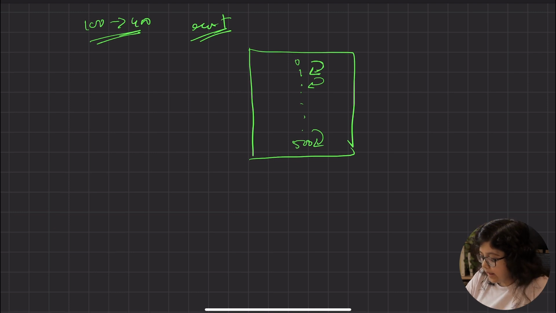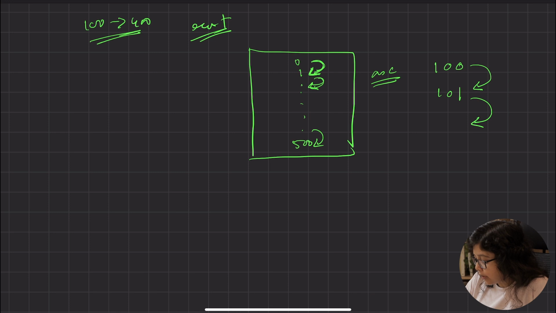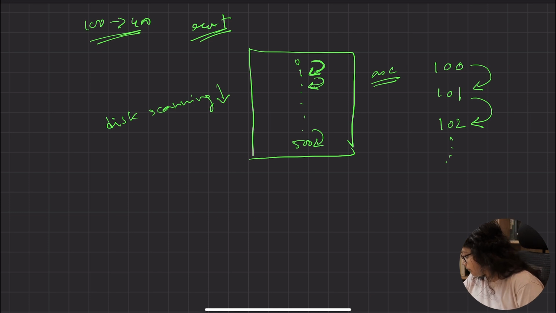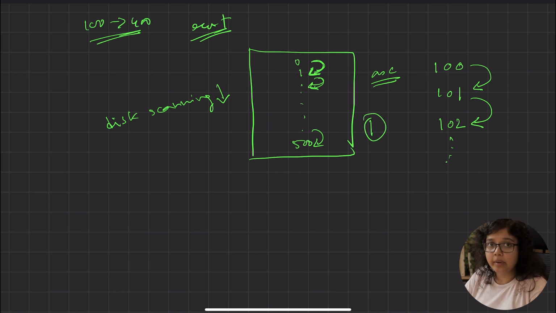As each of the records is pointing to the next record and they are sorted in ascending order, we can start the search process from the record with ID 100 and follow the pointer to the next record and go to 101, and again follow the next pointer to get the record 102 and so on. So in this case the disk scanning is getting reduced, and we need to bring only one data page from the disk to main memory.